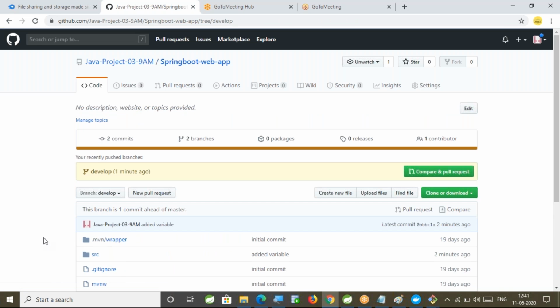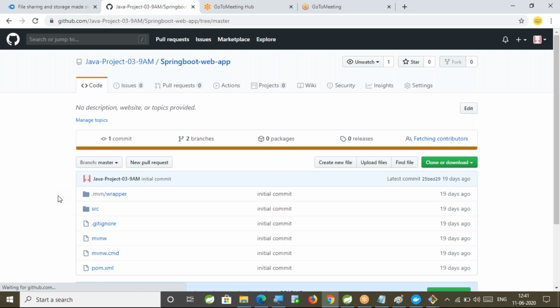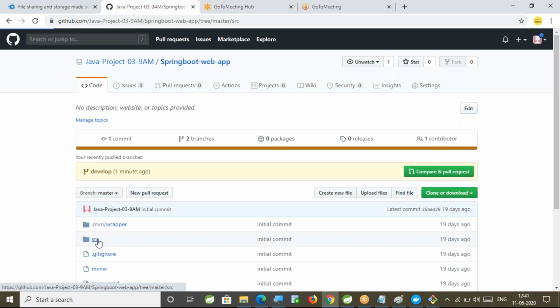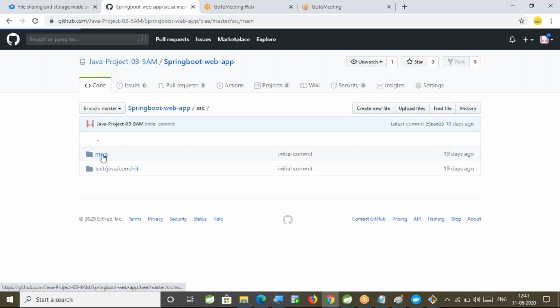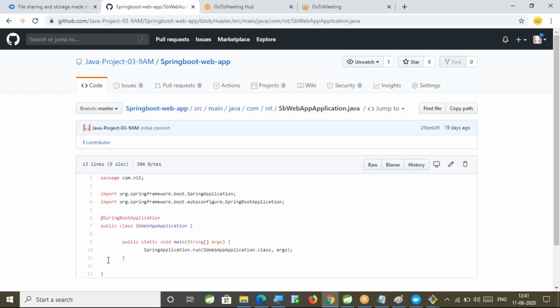Now go to a branch called master. I'm changing to master branch. Go to src folder. Go to main and check this class. On the 11th line, that variable is not available. So whatever file was committed by Suman, that commit happened and was pushed only to the develop branch, which is not impacting the code available in the master branch.